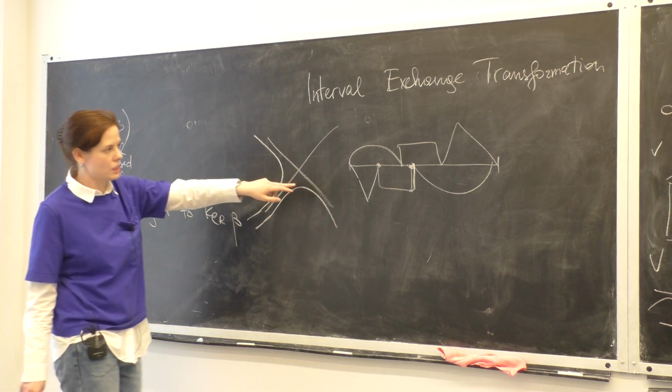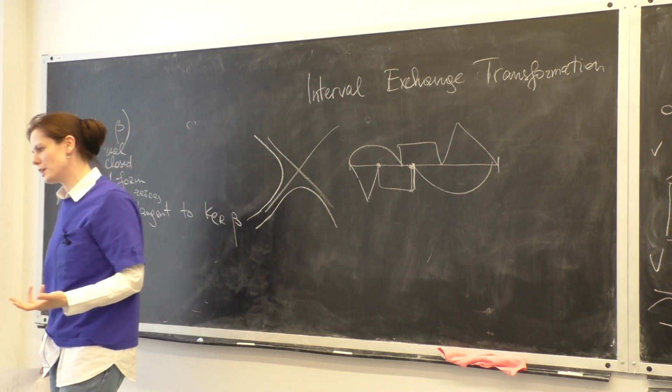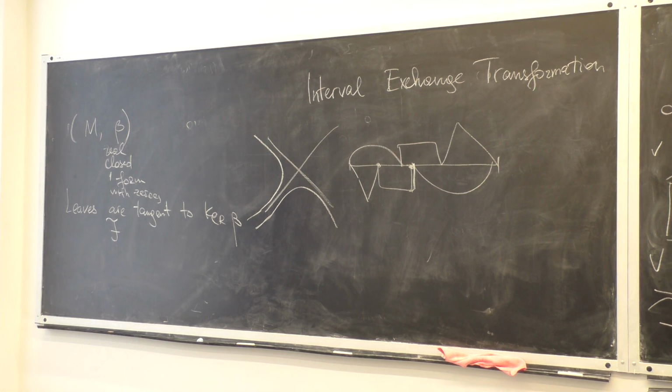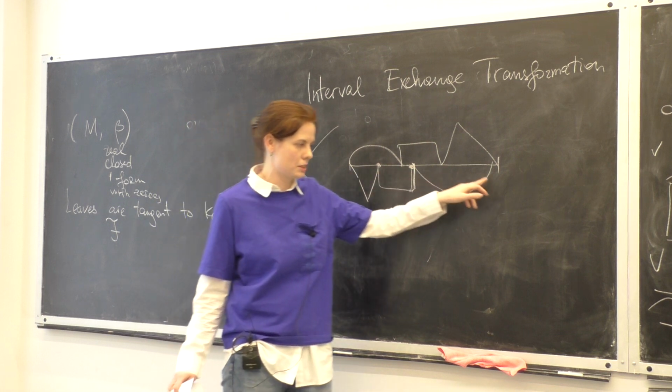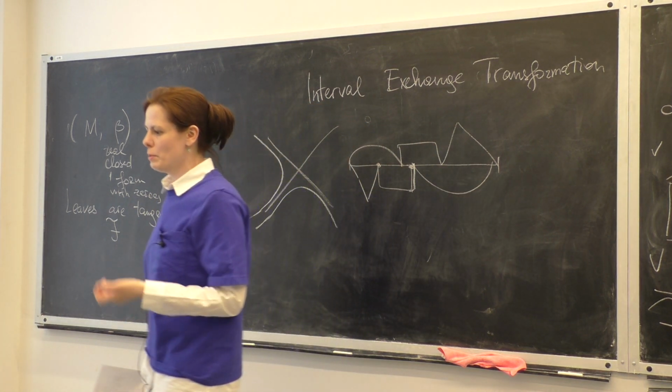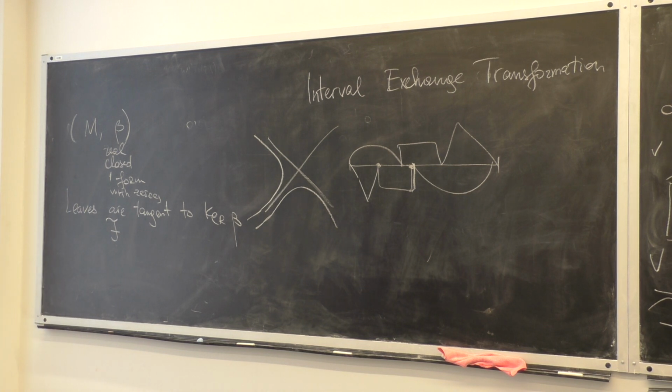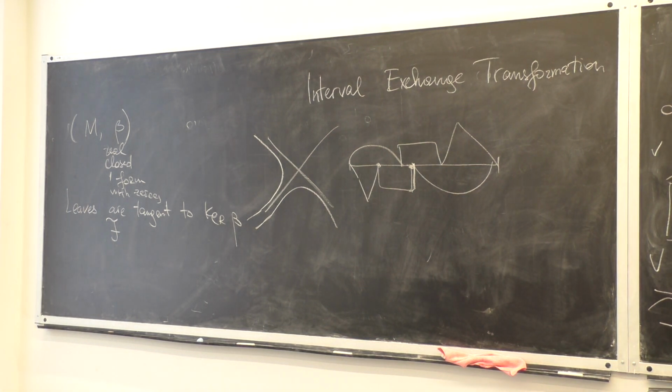If you already have an interval exchange transformation, you can always build a surface and define a foliation on it in such a way that this will be the first return map to the transversal and so on. So once you have a measured foliation, you can find an interval exchange transformation. Once you have an interval exchange transformation, you can always define a measured foliation. There is a kind of duality. Then there is a natural question: is it true that if you choose a different transversal, you will always have the same interval exchange transformation? Of course, it's not true, but you can easily understand the relation between your original interval exchange transformation and the new one.